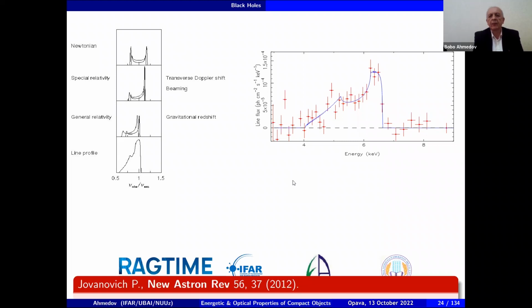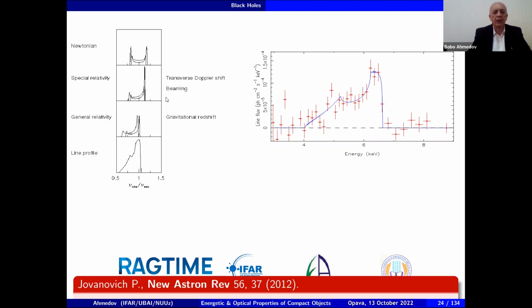Okay, then when you look to the lines, there are these fluorescent lines of iron at the energy 6.3 kilo electron volt. But instead of this, since some nuclei are moving towards the observer and some of them moving in the opposite direction, we will have two peaks, which is the Stokes and anti-Stokes. It will be split, and